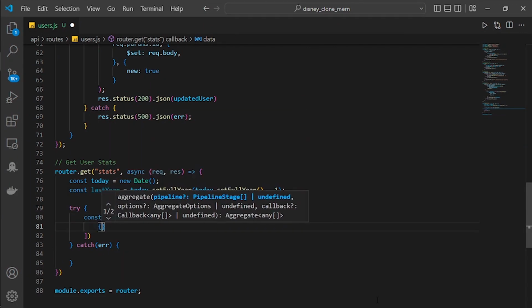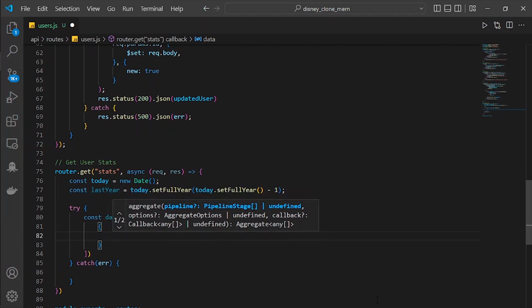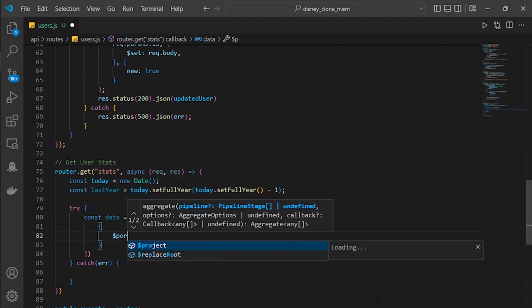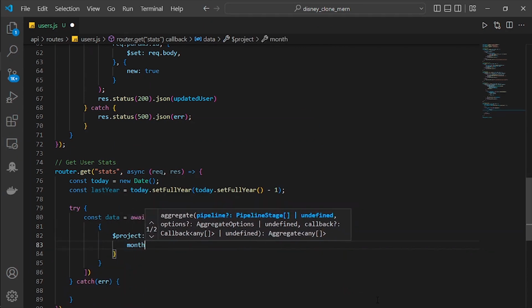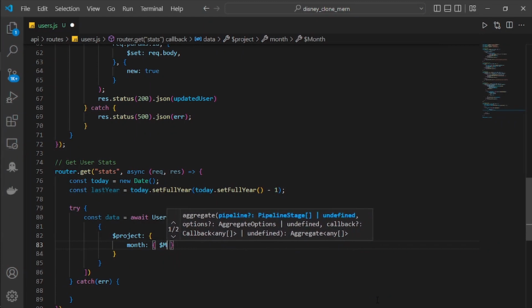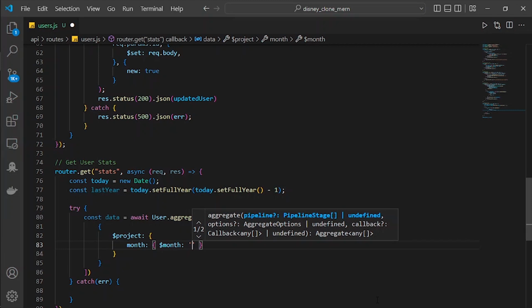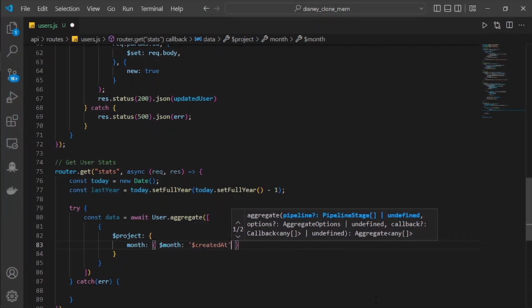Wait, I have to enter it to make it more readable. Project is going to be month. For the month, it's supposed to be lowercase month, and $month, and "$createdAt",